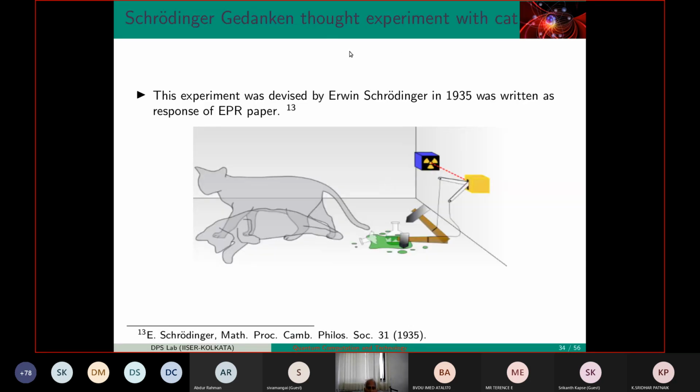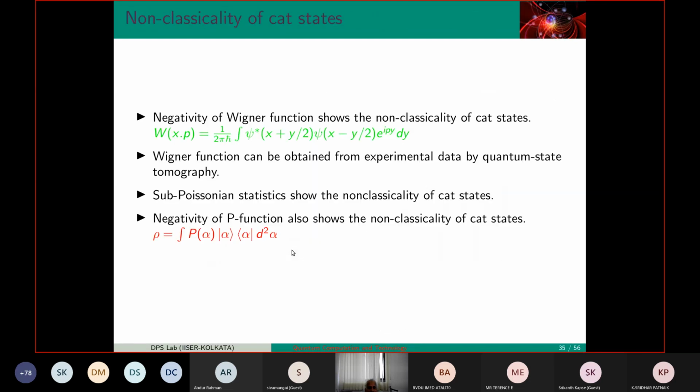Other is this Schrodinger's cat state. Now the cat state has been created in 2018-19 in a way where you can manipulate it and do some quantum computing. So-called cat code has manifested only a few years back. So the thing which was used to come up with an idea about the EPR paradox is now finding technological applications for quantum computation.